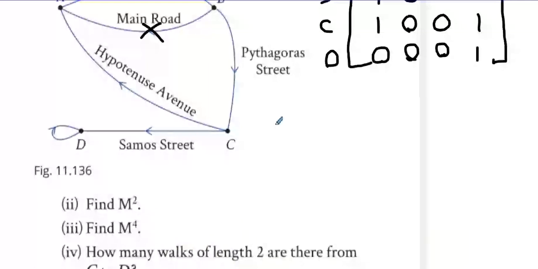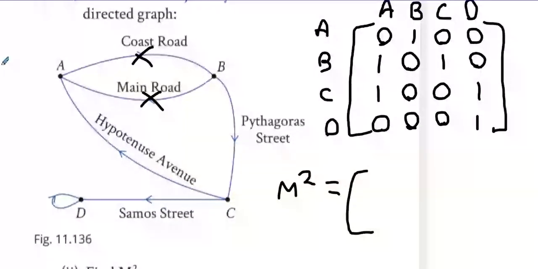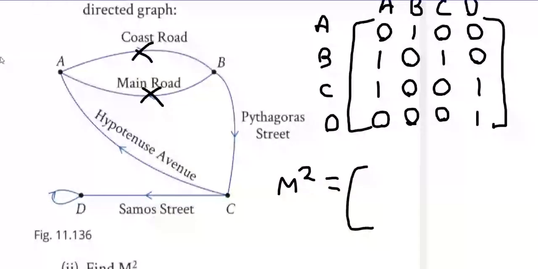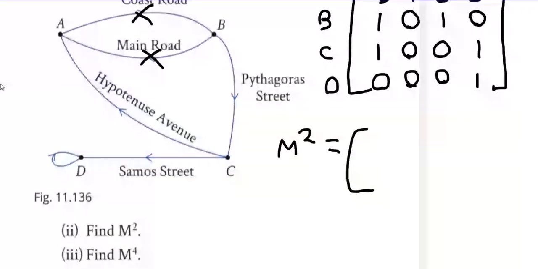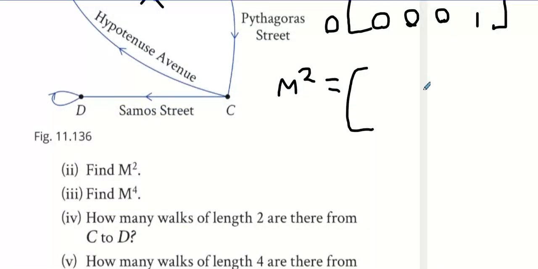So what they might say is, here's M squared. And I'm just going to take the answers from, is that the proper answer I had there? So I can confirm that the answer checks out with the PDF of solutions I put up. It checks out with that. Okay, so we can assume this is right. So M squared is going to be,